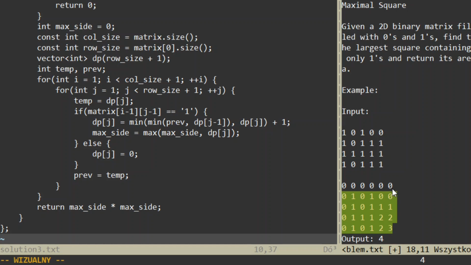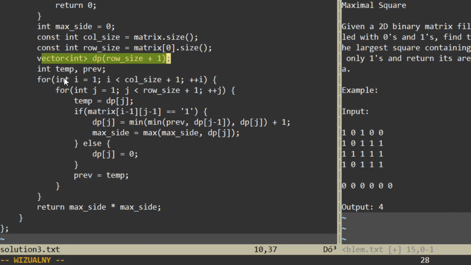So maybe I can delete it. Okay, and this is something like this here, and we go through this all the same like before. This is one more,